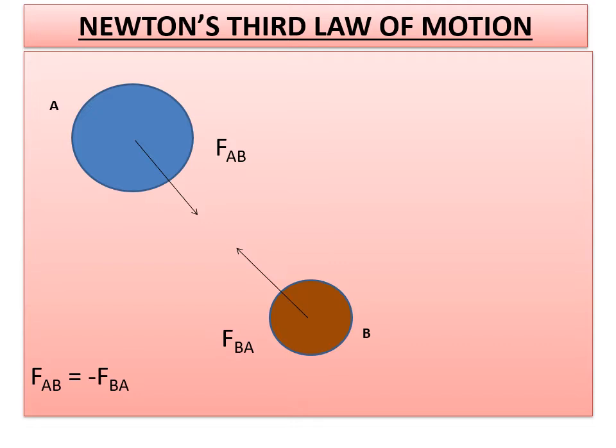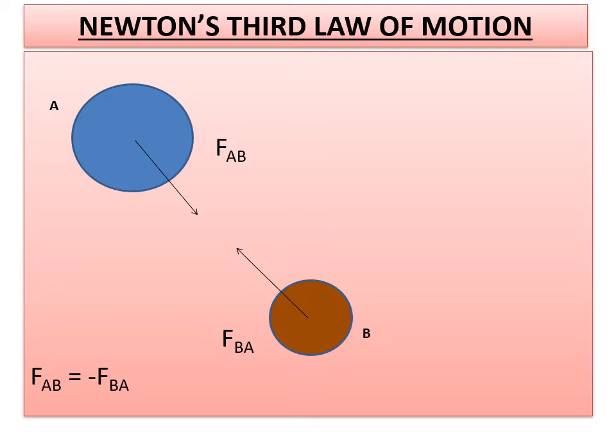The two opposing forces are also known as forces of action and reaction forces. And one more thing you have to remember, that the forces of action and reaction act on two different objects A and B. So when they are acting, they never act on a single object. Thus the third law of motion tells us that when two objects interact with each other, they occur as a pair of equal and opposite forces, not just a single force.